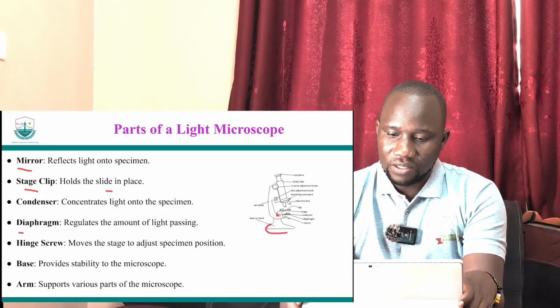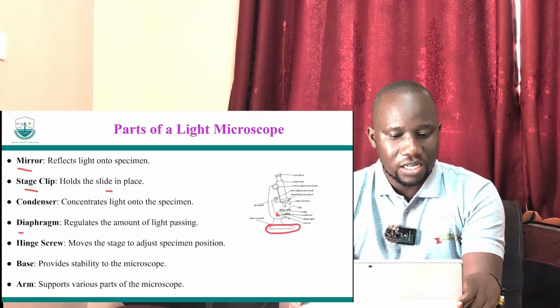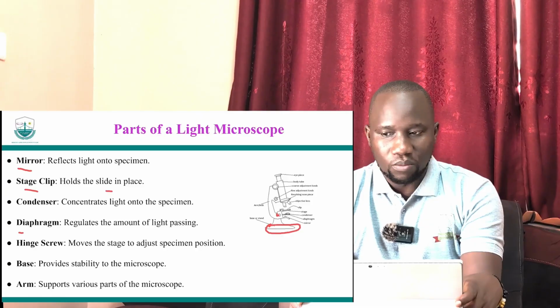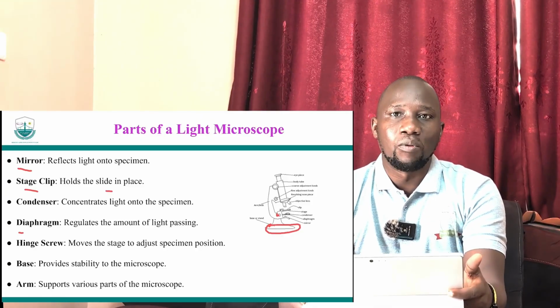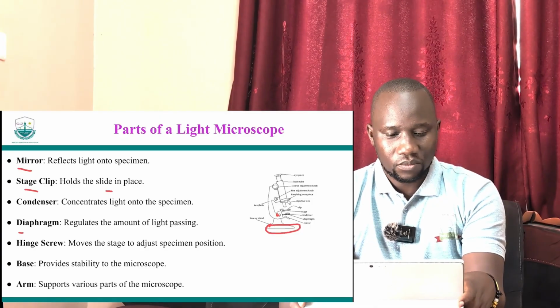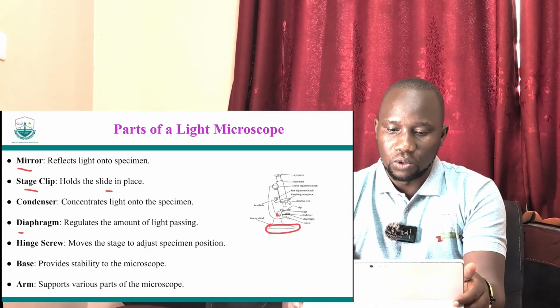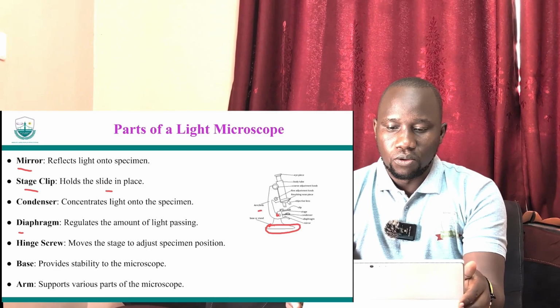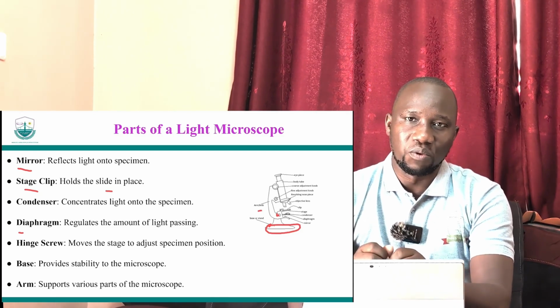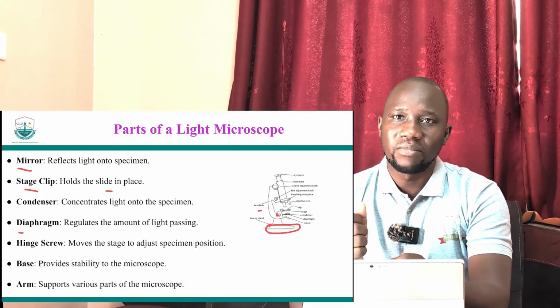And then this is the base, which you can also call the stand. It provides stability. That means you can put the microscope on a table and it doesn't topple over. And then the arm, which you can also call the limb, is what you use to hold the microscope if you're going to move it. So you hold the arm and then the